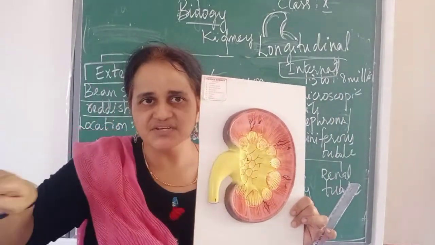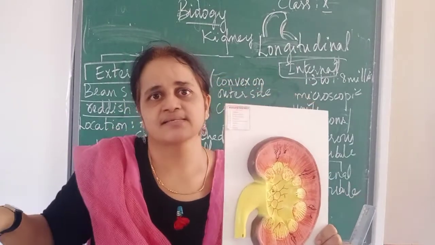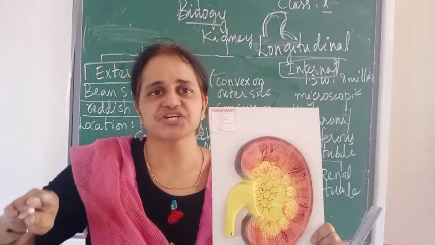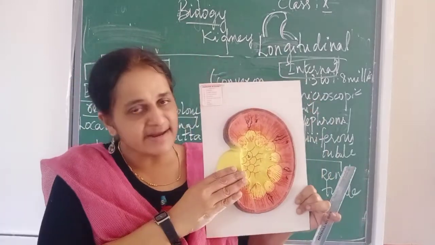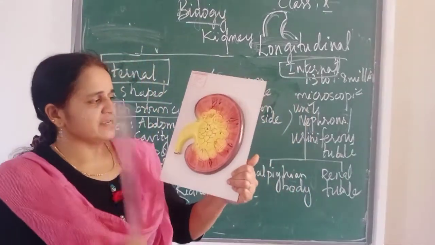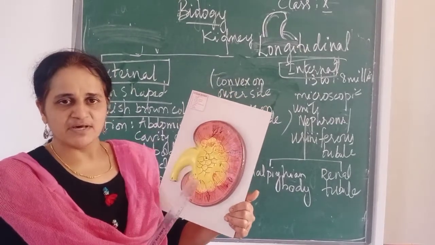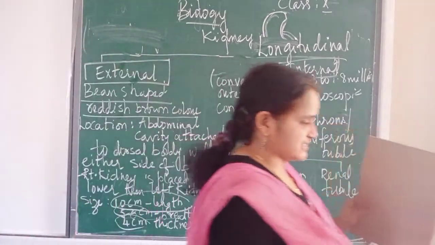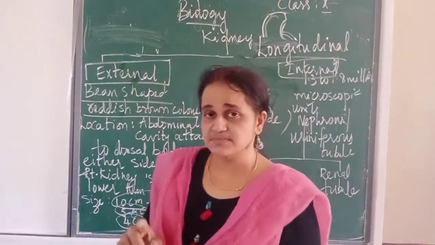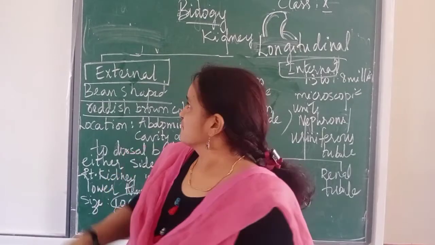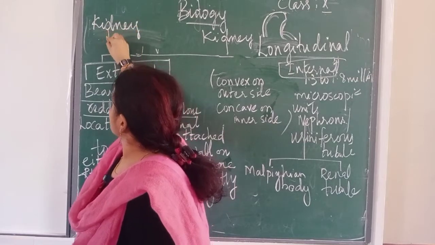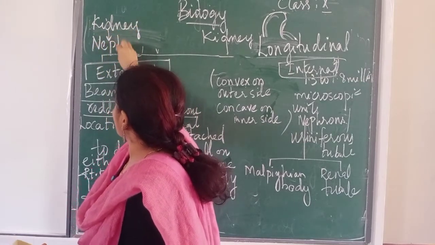If you go in this direction, it is not LS but it is TS, like you studied in leaf, TS of leaf, transverse section of leaf. But in kidney it is not TS, it is LS. So when you go for the structure of kidney, first you have to remember kidneys are made up of some units. Like you remember lungs, alveoli. Same way, kidneys are made up of something called nephrons.